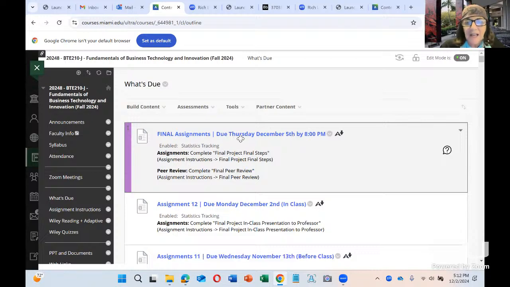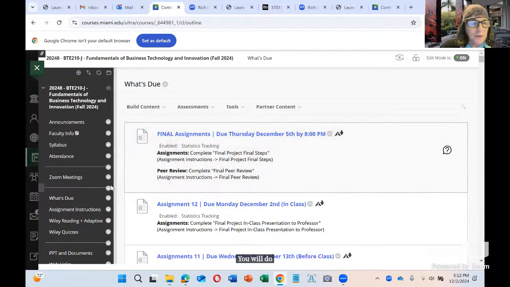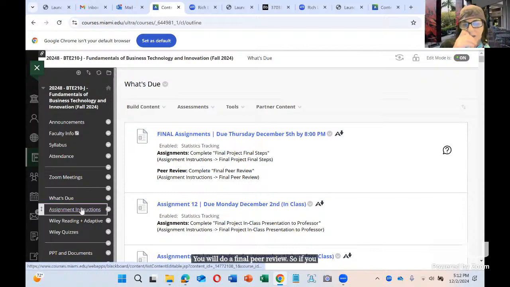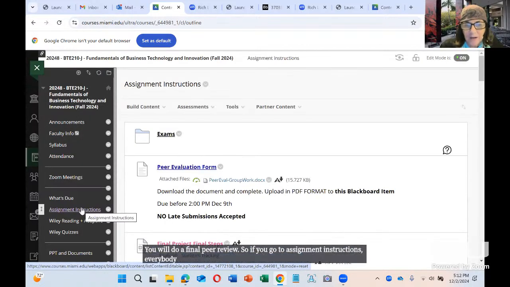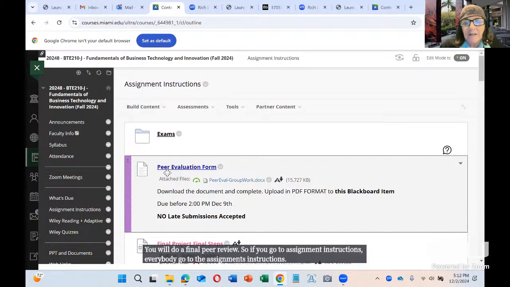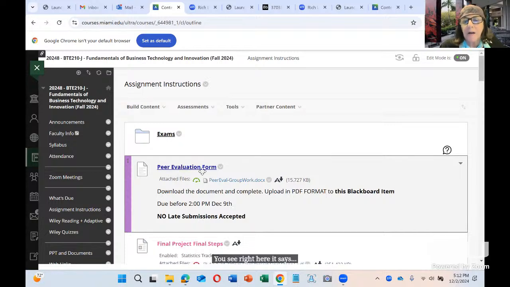The other thing that you will do before December 5th is a final peer review. Everybody go to the assignment instructions. You see right here it says final peer evaluation form. You will do it here. You will not upload it to the audit area. Why? Because this is confidential. No one sees what you upload